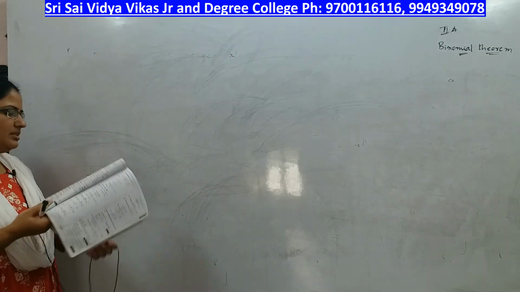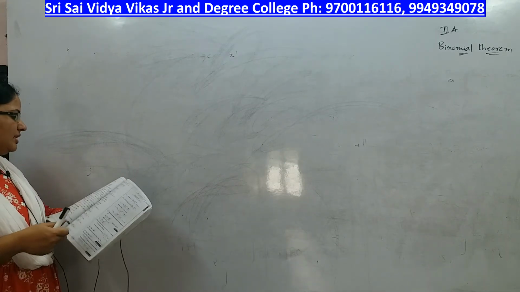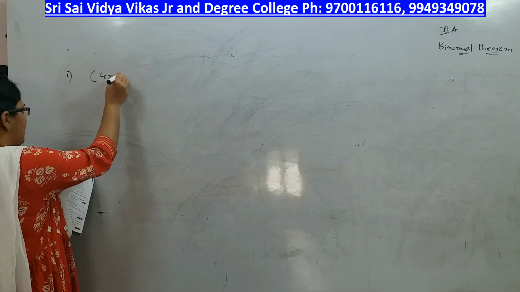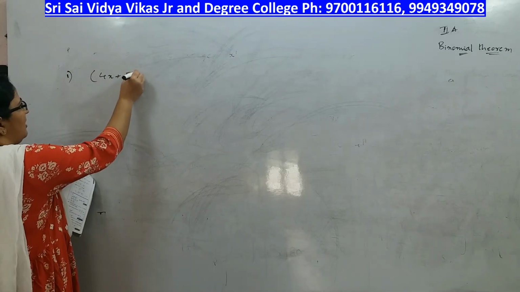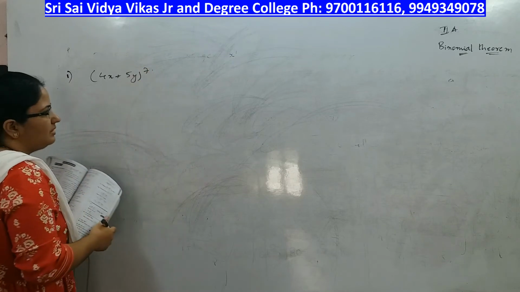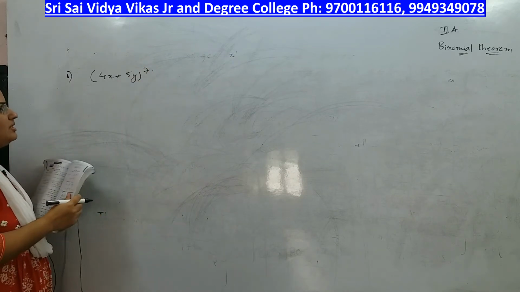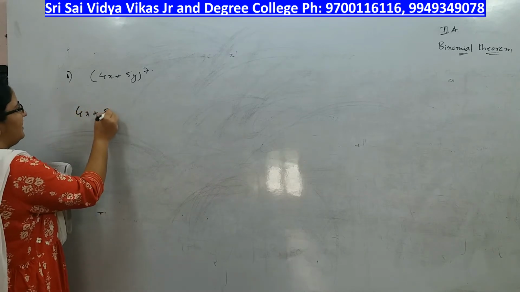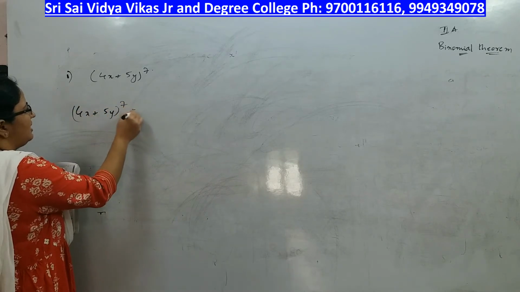Let us discuss the first problem. Expand the following using binomial theorem. First one, (4x + 5y)^7. You have to expand this using binomial theorem. This is nothing but (4x + 5y)^7 is nothing but